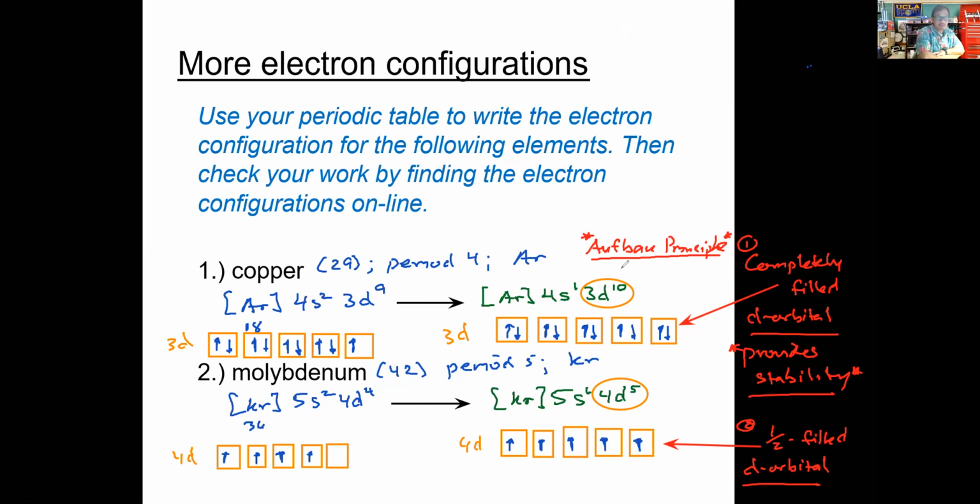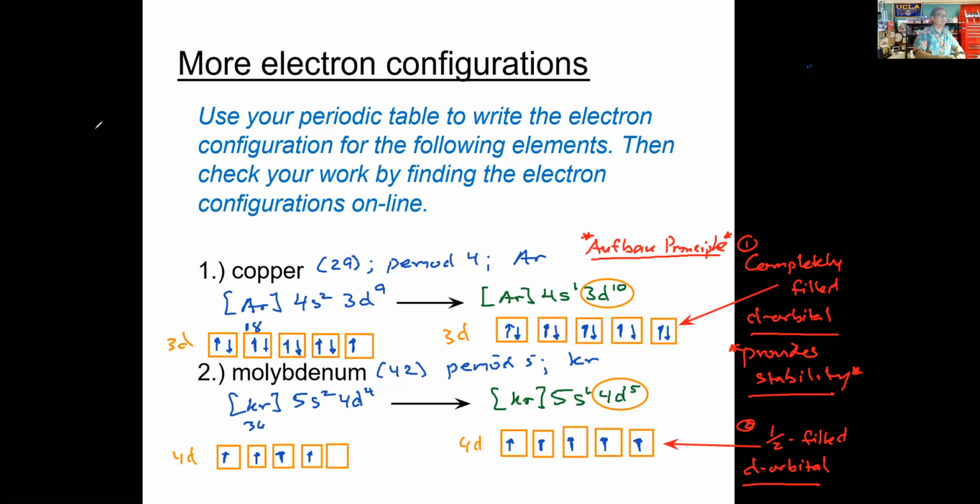Now, there are other exceptions as well. If you take a look at silver, and if you take a look at gold, the two elements right underneath copper in column 1B, and if you take a look at chromium, the element right above molybdenum in column 6B, they are also exceptions. There are many other exceptions, and if you take a look at the inner transition metals, you'll see a lot of exceptions where nature violates the Aufbau principle. But I'm going to ask you this: